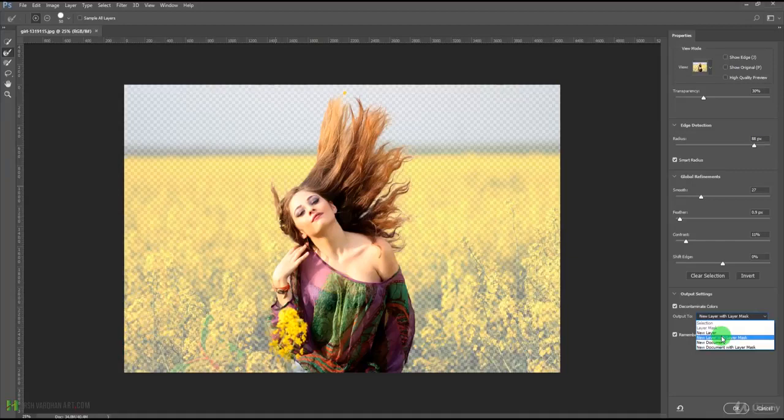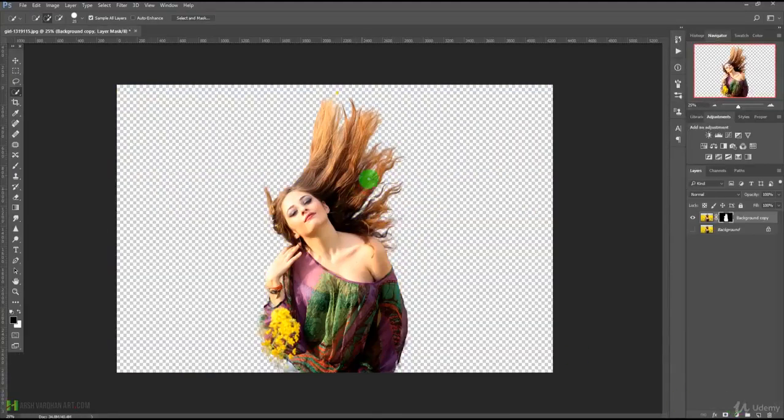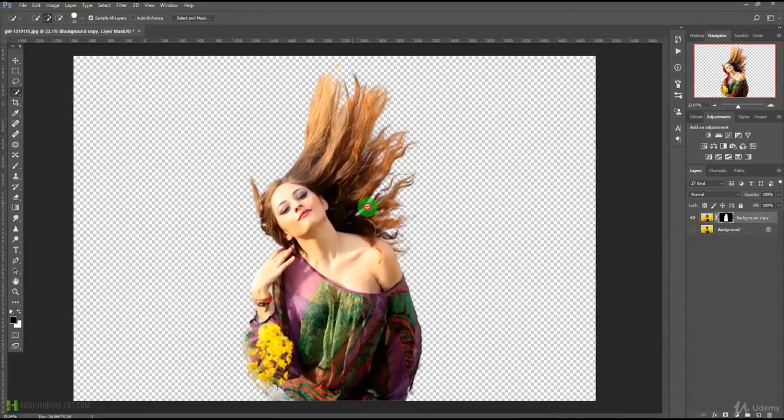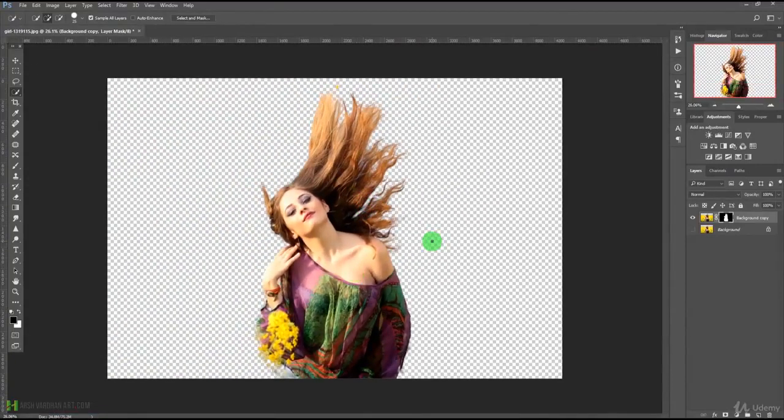Okay, and here we have the option to choose whether we want it to be a selection, layer mask, or new layer with layer mask. But I would suggest that you always go for new layer with layer mask. That way your original layer would be available for you and you don't have to worry about making any changes. All right, and you can press OK. And now you can see we have successfully created the selection of the hairs using the new feature Select and Mask in Adobe Photoshop